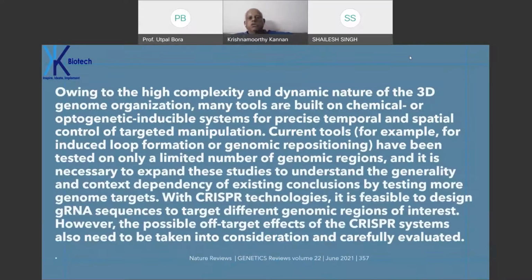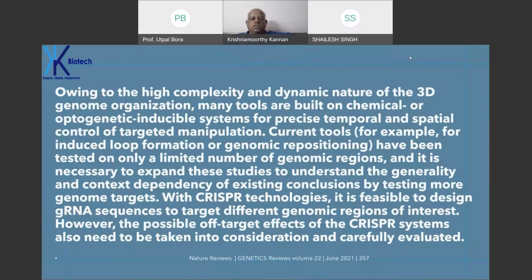Owing to the high complexity and dynamic nature of 3D genome organization, many tools are built on chemical or optogenetic inducible systems for precise temporal and spatial control of targeted manipulation. Current tools, for example, induced loop formation or genome repositioning, have been tested on only a limited number of genomic regions, and it is necessary to expand these studies to understand the generality and context dependency of existing conclusions by